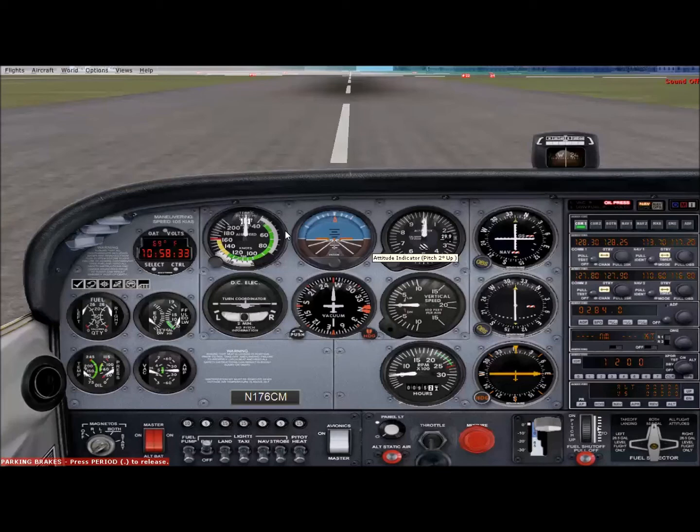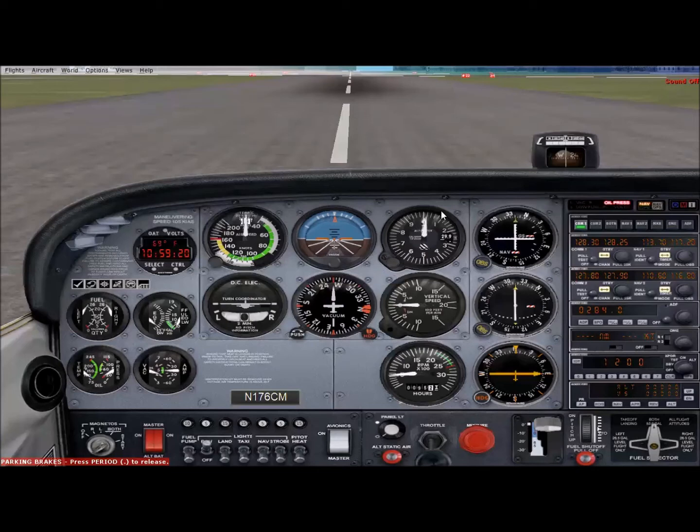This is called the attitude indicator. What you see here, the blue is the sky. This is ground, earth. And what you see here in red is the plane, the wings of the plane, and the banking indication. This is 10 degrees, 20 degrees, 30 degrees, and this is 60 degrees. This is left roll or bank. This is right roll or bank. We will see how it looks when we are flying.